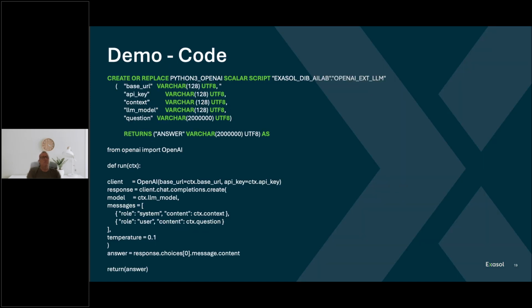So how am I doing this? I'm creating a user-defined function, first of all, with a skeleton, and using my own Docker language container by the name of Python 3 underscore OpenAI, because I'm using the OpenAI package to call, in this case, an external large language model server to let it do the summarization. I'm specifying here, as seen in the screenshot before, all my parameters, and I'm instructing it about my result. So in this case, a text, maximum 2 million